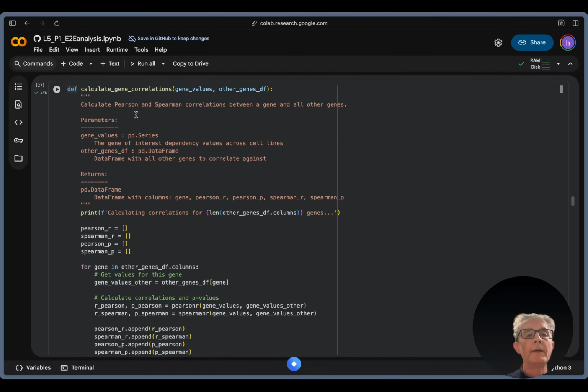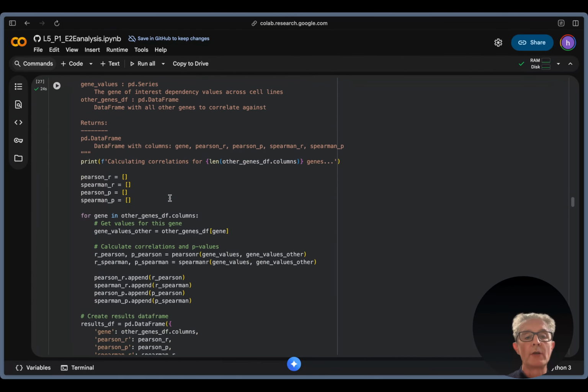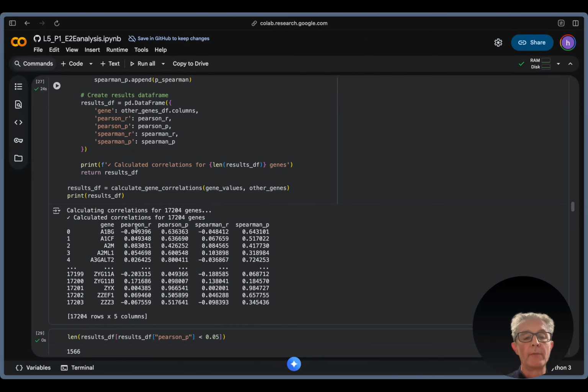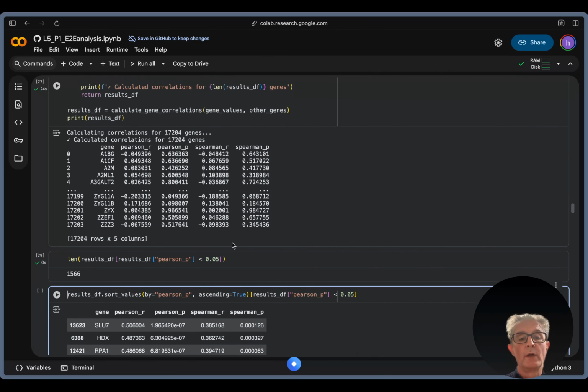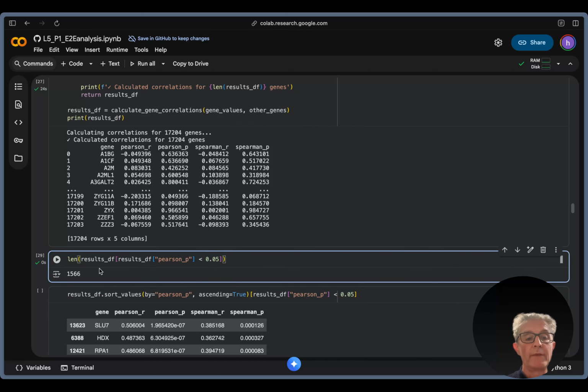So if we run this function to calculate all the gene correlations, we end up with a new data frame with all the genes and their Pearson correlation coefficients. And we get that for the 17,000 genes, along with the p-values and the Spearman values as well. So how many values do we have where the Pearson p-value is smaller than 0.05? That's 1566. Let's have a look at the Spearman